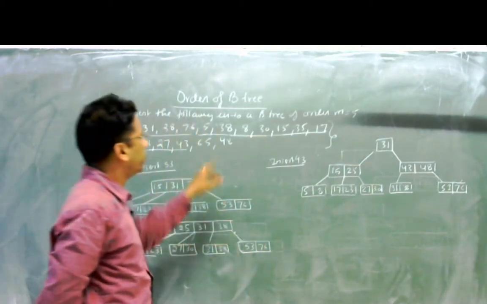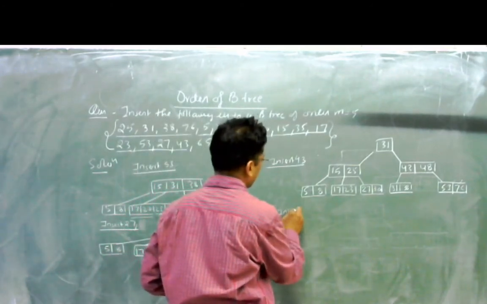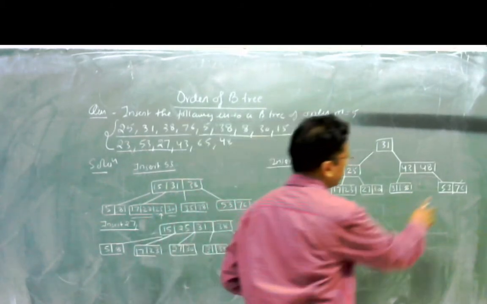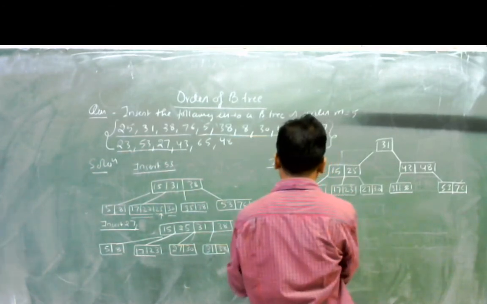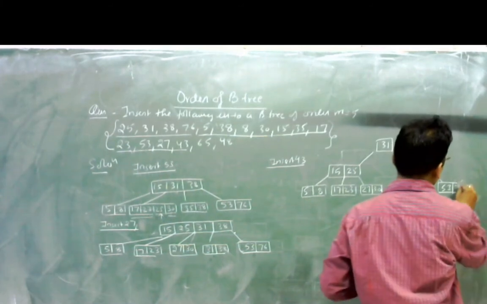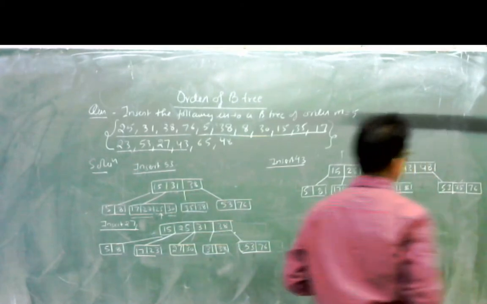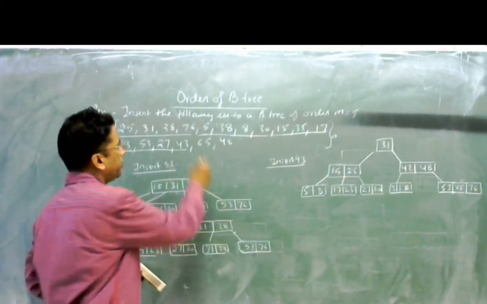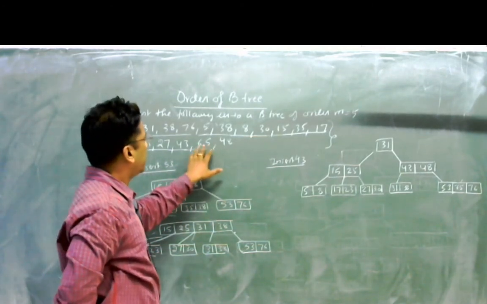But after that, when we insert the next element 65, then after inserting 65, this will go there. Insert 65, sorry, it would be like this: 65, then 76. 65, 76. This is in a position that it can lend.